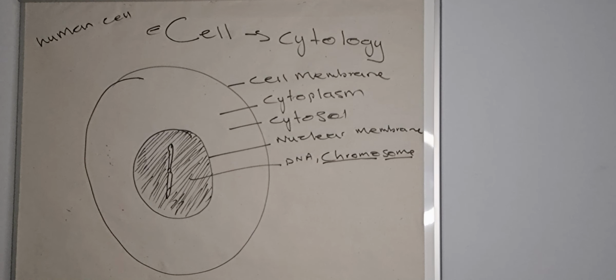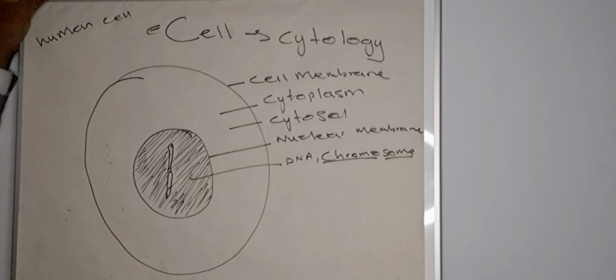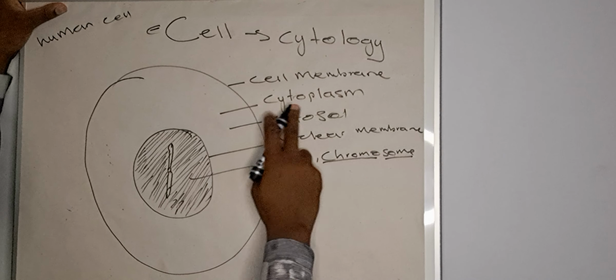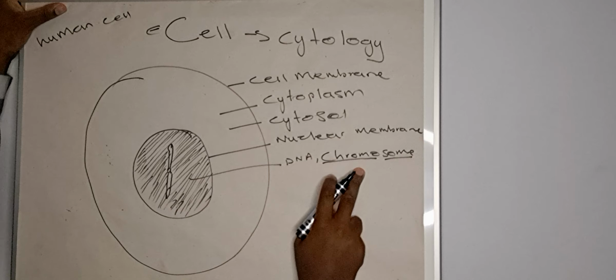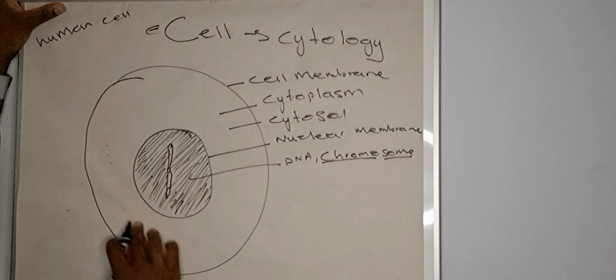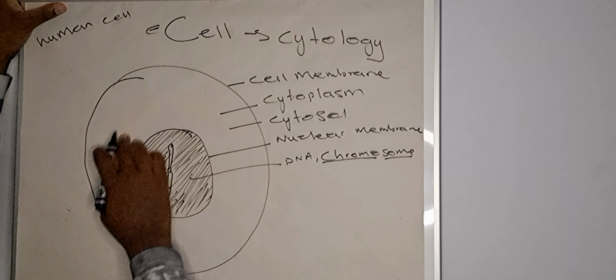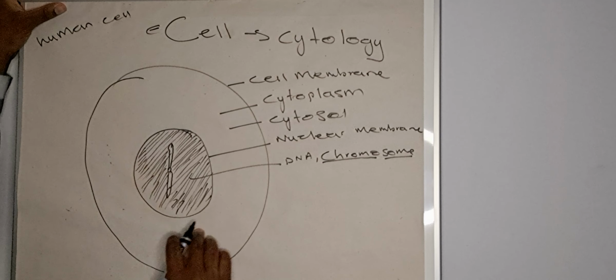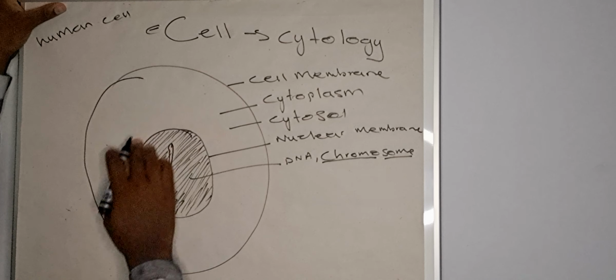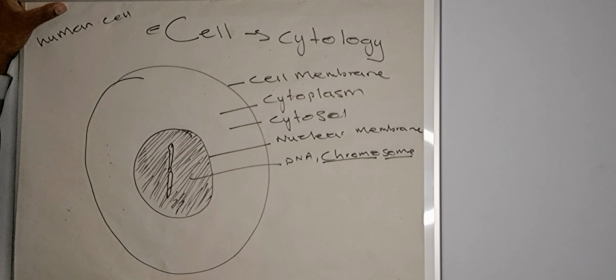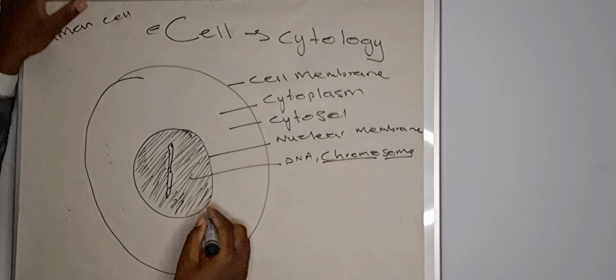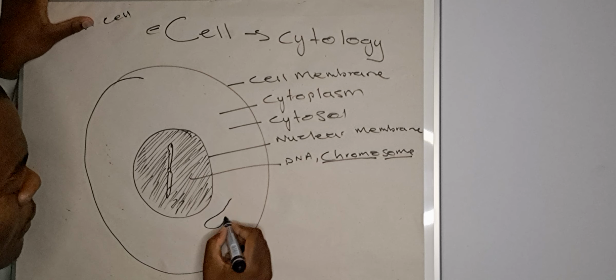Now, today I want us to go a little bit into details. Let's learn about organelles. What organelles can you find here? Because we understand we have our cell membrane, we have our cytoplasm, we have our cytosol, we have our nuclear membrane, we have our DNA. Are there any activities going on here? Are there any vital organelles that are here to help and balance the entire cell in order to work effectively? Yes, we do have